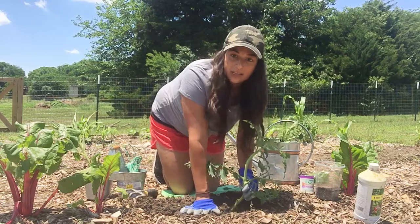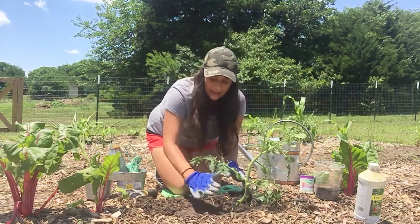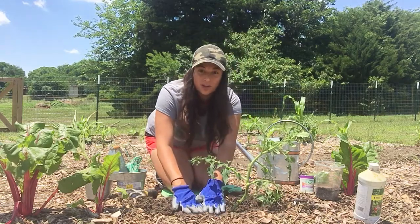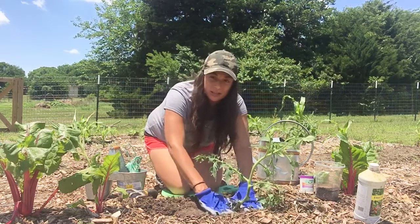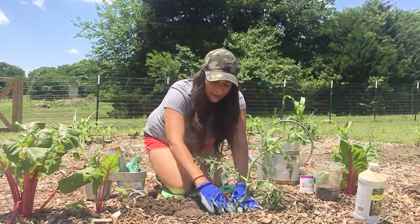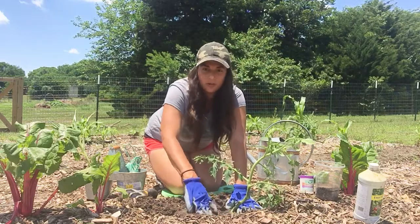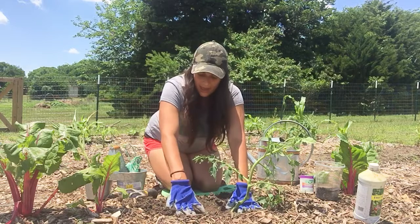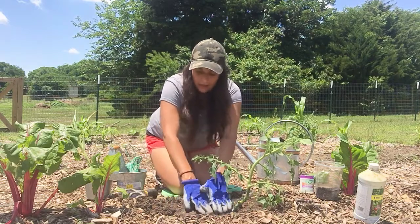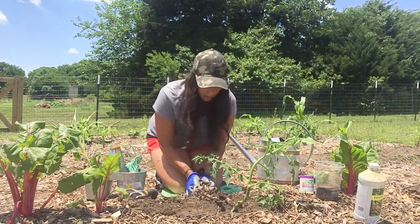Now this is a good step that people often forget. You need to force soil contact on these roots because they have not been in contact with the soil. So if you're not pressing them down, those roots aren't making good contact with soil, and by the time they do, the plant will have been too stressed. So go ahead and make sure that you're pressing it down well, and then I cover it back over with mulch